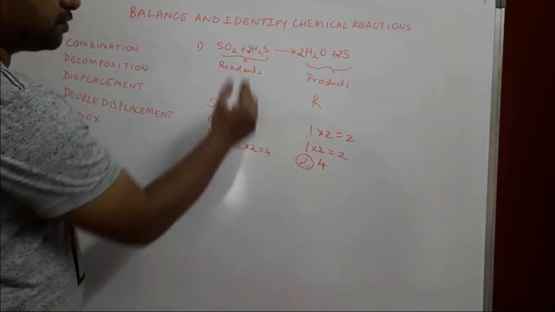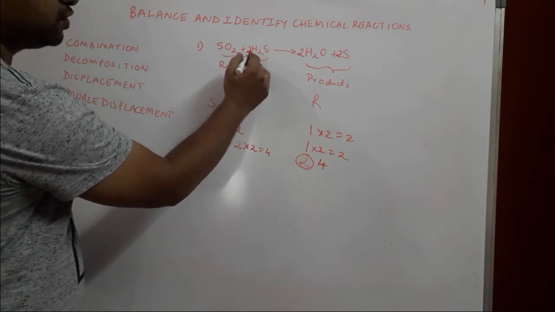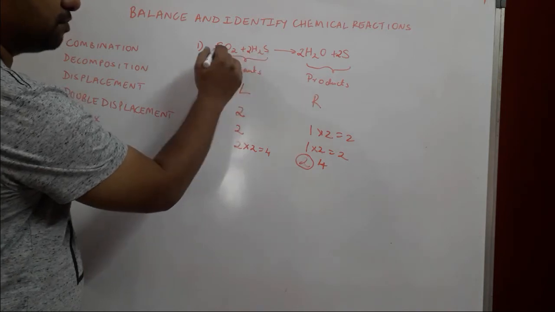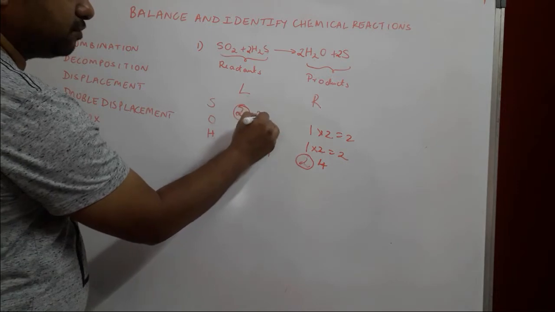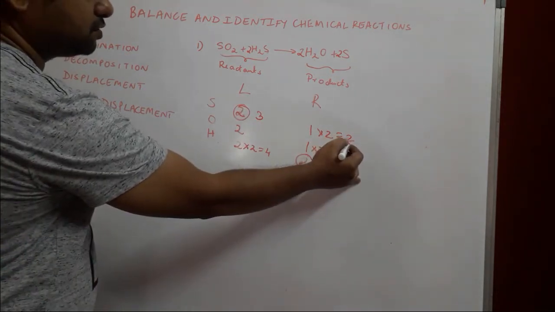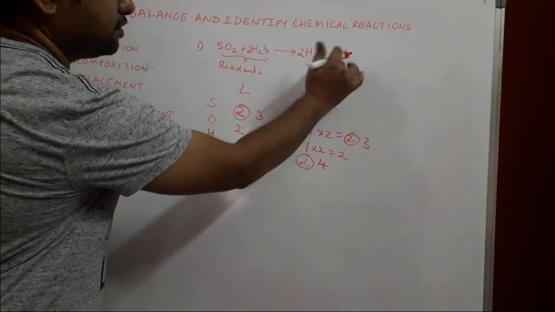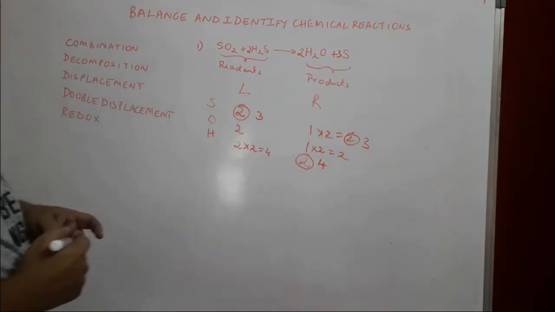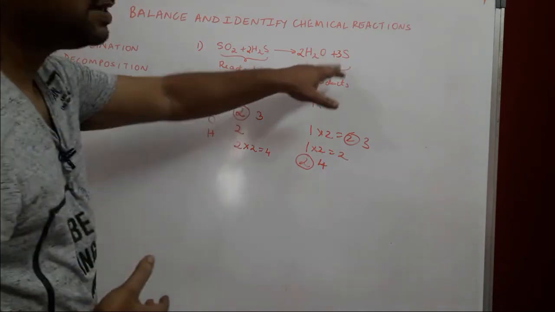Hydrogen is balanced, but what happens to the sulfur? Now how many atoms of sulfur are there on the reactant side? There's 2 of sulfur, because this 2 gets multiplied with sulfur as well. So 2 of sulfur plus 1 over here, so totally 3. So we circle and we put 3. Again over here, if we need to change this, we'll have to change this to 3. We don't have to remove any LCM because sulfur atom is all by itself. So we can easily change it from 2 to 3. So as per need, I changed it later on.